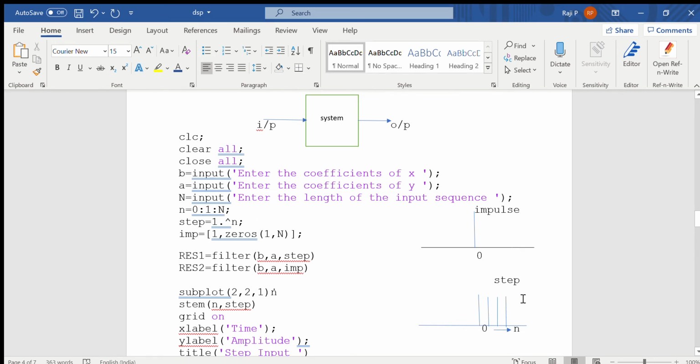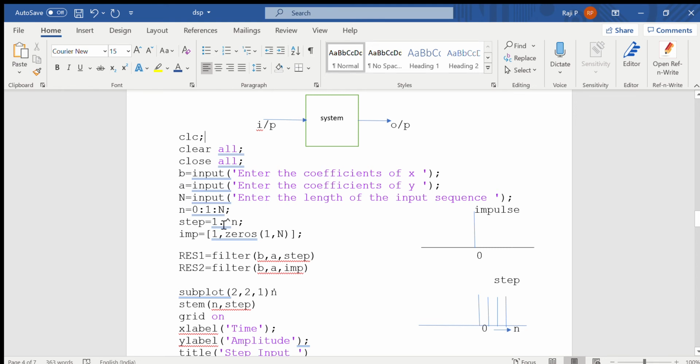Now this is how the step signal looks: the step signal is equal to 1 at all the values. The simplest way of writing this is by using 1 dot exponent, where the dot means element by element. Wherever the value of n is there, the output value has to be equal to 1.